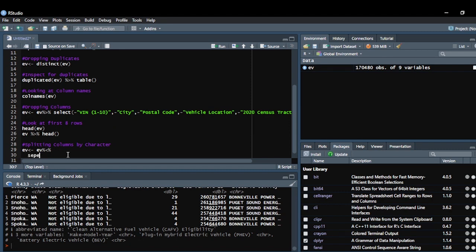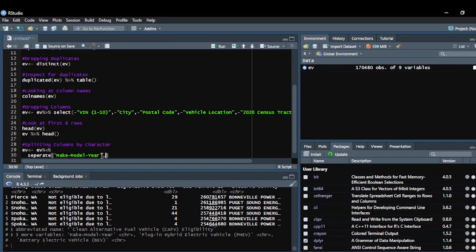So separate. You can bring it down like this, or you can just choose to go until the end. It doesn't make a difference. So just write separate, open the bracket, single quotation, and then the column which you want to separate. It is this one here, so I'll just copy it and paste it here,